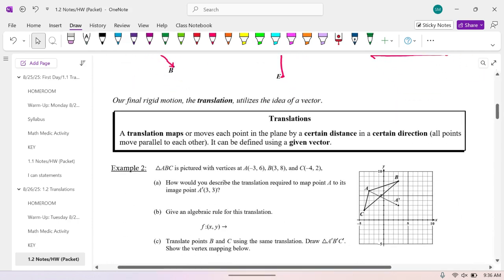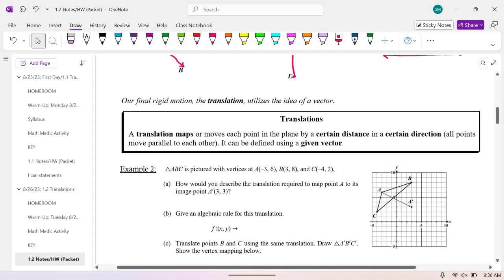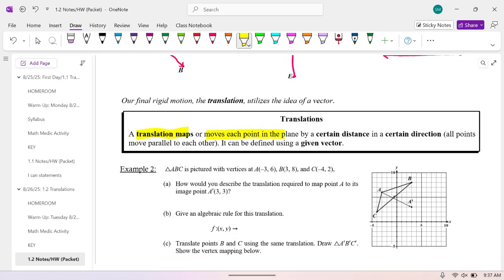All right, so now let's talk about the actual translation part. So, translation maps is when we move each point on the plane a certain distance in a certain direction. All right, so in other words, all points are parallel to each other. Now, this is defined with a given vector. So sometimes they will not tell you, oh, I want you to go left 5, up 4 or something. All right, they give you a vector,